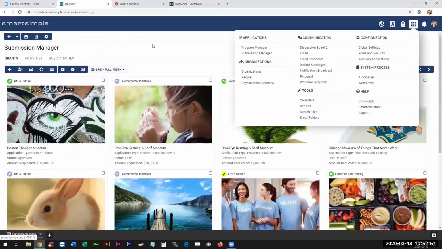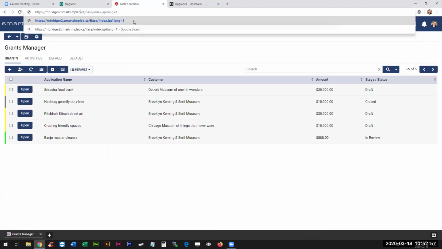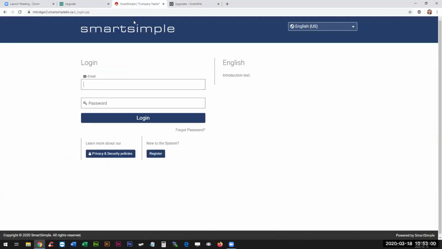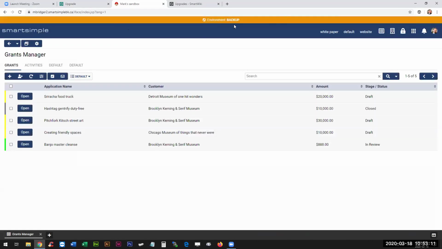One of the other things we've done is, for example, here I've got my instance, but if I went in here, and because I'm on a hosted shared, I can type in DK, and then that will bring me to the backup version of my site. And when I go in there, I'll see this bar that says, hey, this is my backup. So I know I'm not on the live instance, but I can make some changes here, I can test some things here, and if I liked it, I can go and apply it to my live instance. So with your backup instance,